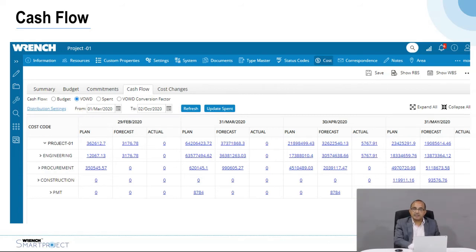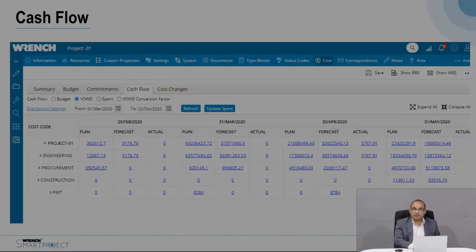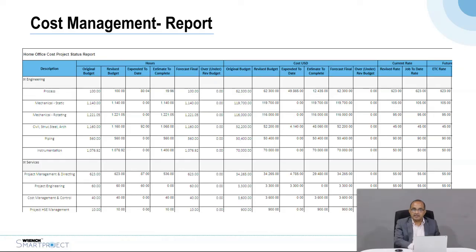And these milestones are linked to the schedule. So whenever there is a delay in a schedule, it will effectively update the planned cash flow through the system. So when the actual milestone gets approved and the payment is realized, it gives you the actual cash flow, and then you can generate reports from the system which shows you the variation between the plan and the actual.